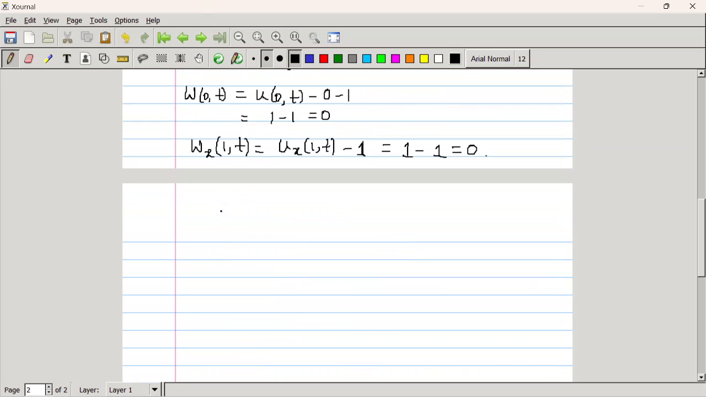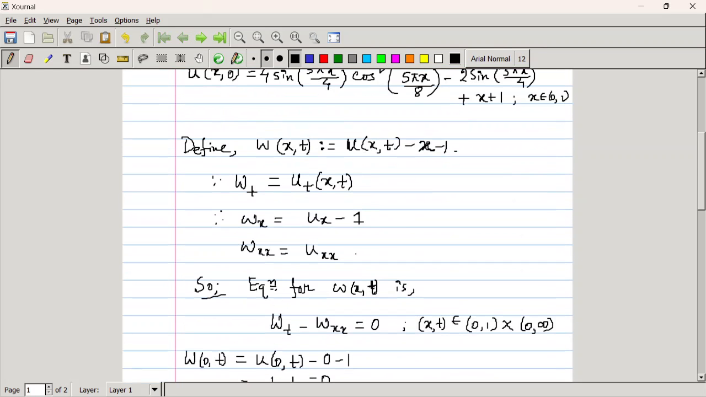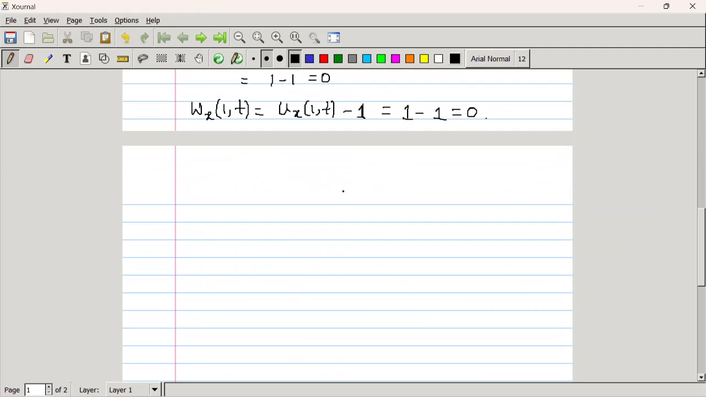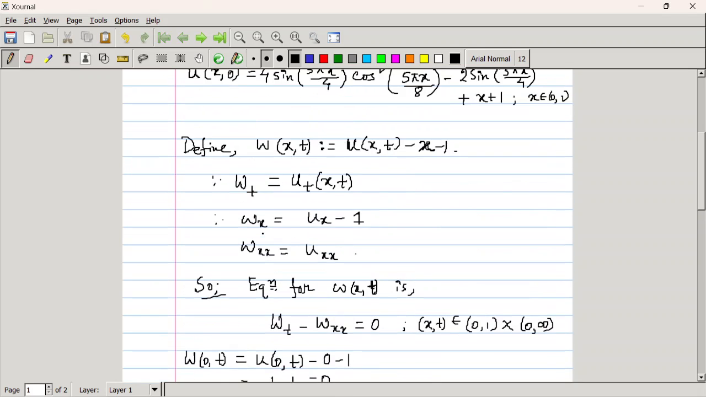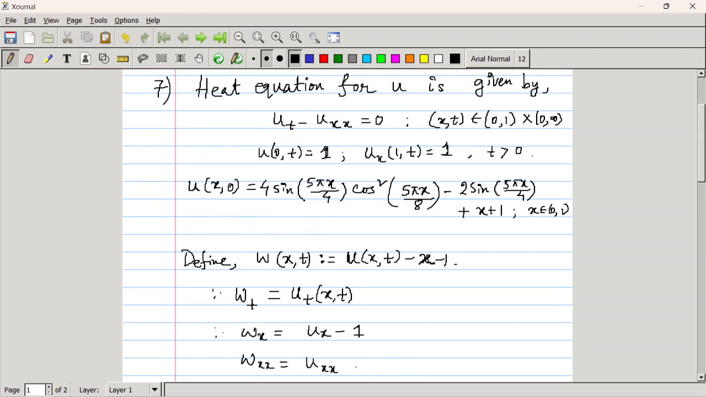Initially, the initial condition is at t equal to 0. w(x,0) is u(x,0), putting t equal to 0 in this definition. w(x,0) is u(x,0) minus x minus 1. So let me write, the initial condition is w(x,0) equal to u(x,0) minus x minus 1. u(x,0) is given in the question, that is 4 sin